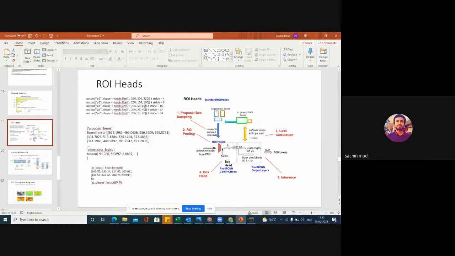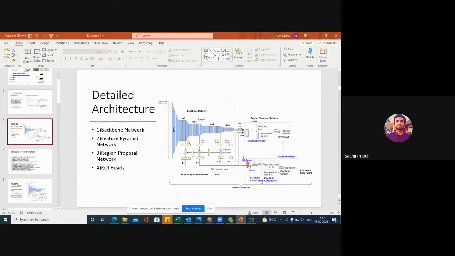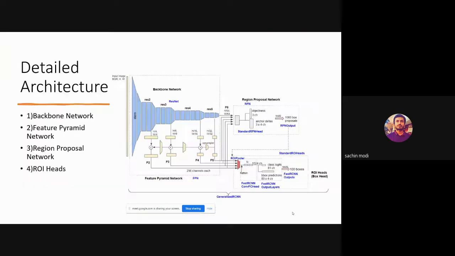So the entire architecture stays the same. This is my entire architecture, right? This backbone network will stay the same, the region proposal network stays the same. Just here in the ROI head, once I have these channels, I add another. Here I am predicting only boxes. If I was predicting a mask also, in addition to the box, I'll add another layer which will predict masks. If I'm detecting key points, then I add another head here which will detect key points, and it will have its own loss function.